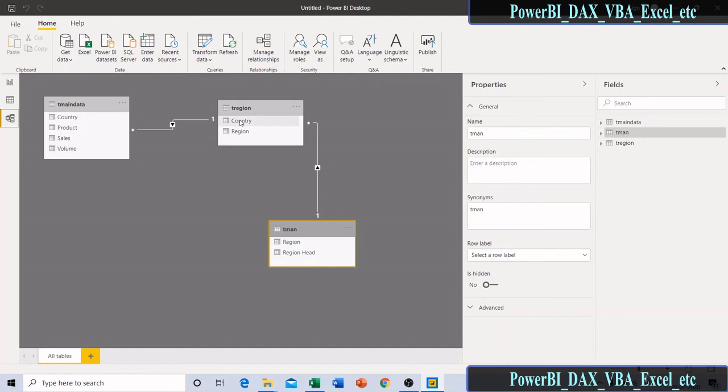One-to-one means, suppose here also the country is unique, then in the relation from country to country, here also there is one unique value of country, and here also there will be one unique value of country. That means a one-to-one relation. In case of a one-to-one relation, it is by default a bidirectional relationship.